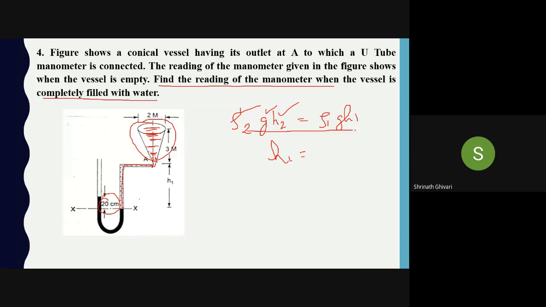Why is this like this? Because of the same formula. I have told you that at this point the pressure will be the same, because in a horizontal line the pressure will be the same. So this is H2. This is H1 from here to here. What is to be calculated? I want to calculate the pressure at this point, so I'll use the P equal to rho GH formula. That is the formula which I'm using over here. So calculate the value of H1.